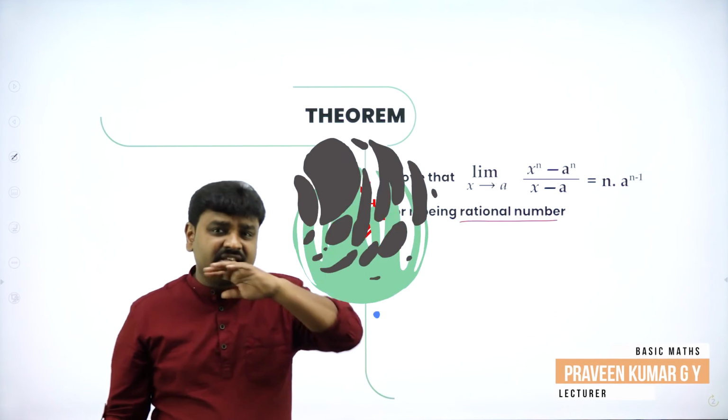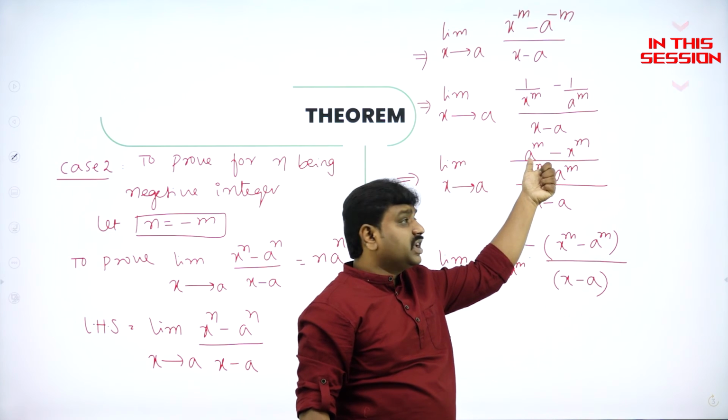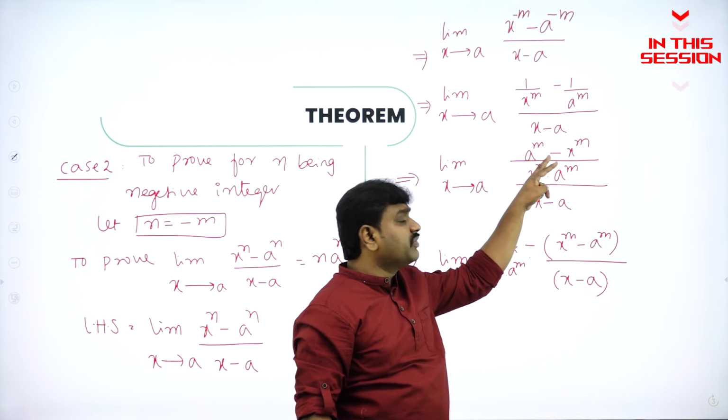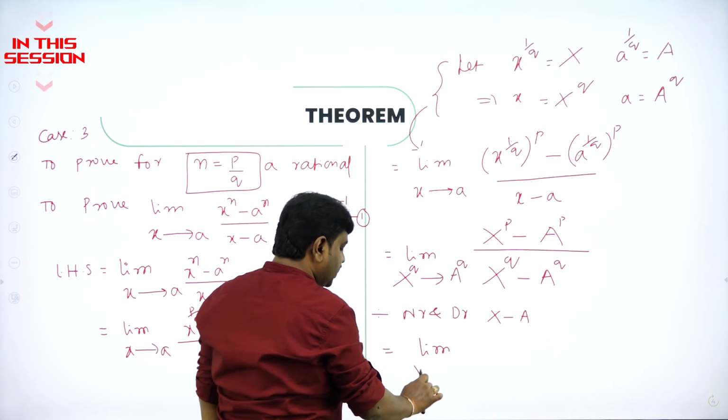Last section, part E section, they'll ask this question for 6 marks. In a power m minus x power m, if you take minus out, it will become reverse. It will become x power m minus a power m. So please understand, if x power q tends to a power q, then x will tend to a.